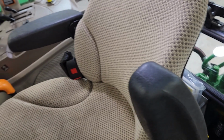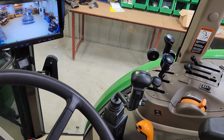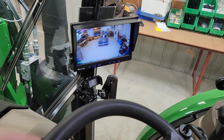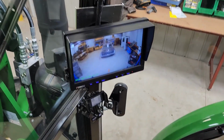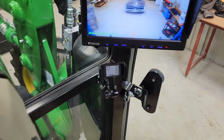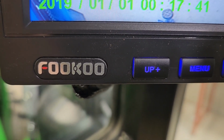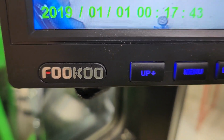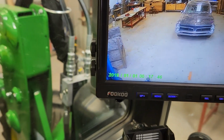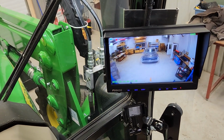Next thing I've got to talk to you about, as long as I've got you here on this bonus footage, is I'm going to go through this backup camera a little bit more. It's a 10-inch with 2 cameras, and it's all hardwire. I didn't go with the wireless. I've heard issues with